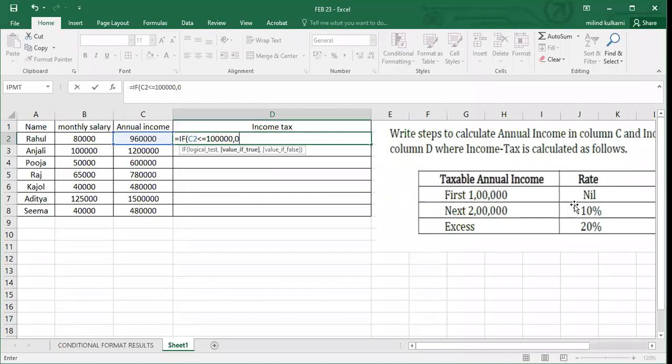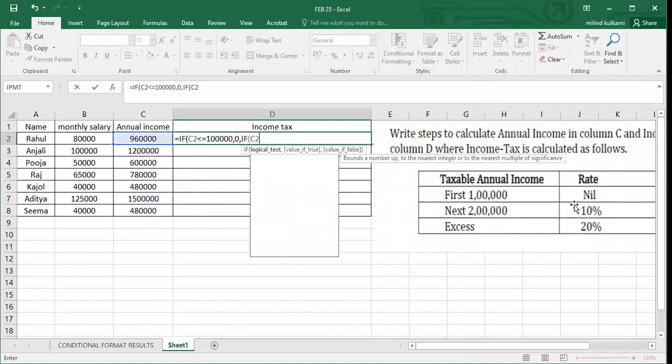We will check during the exam, and during this session also. Now the next condition. Comma. Next is IF, again C2.